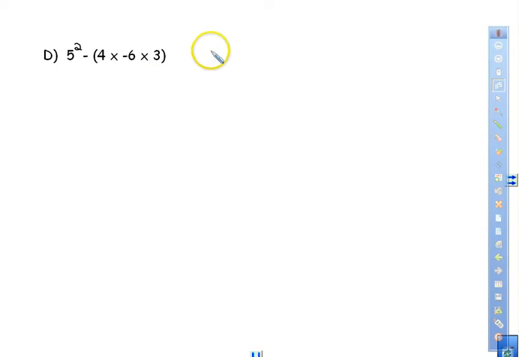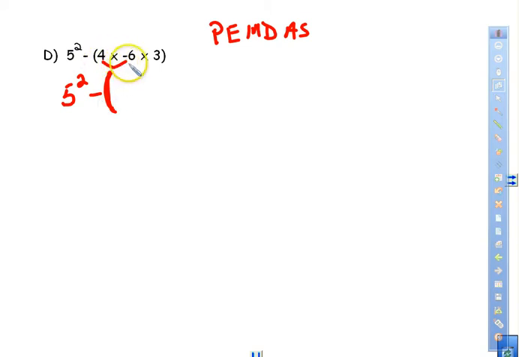Well, as we have always learned with our PEMDAS, you will need to do orders of operation with parentheses first. So we will leave our 5 squared over here minus, and then whatever the value is inside of this. So we are going to first take our, working left to right, our 4 times negative 6, okay, and 4 times negative 6, that's a parenthesis, is going to end up giving me 24, and since it's unlike signs, different signs, it'll be a negative 24